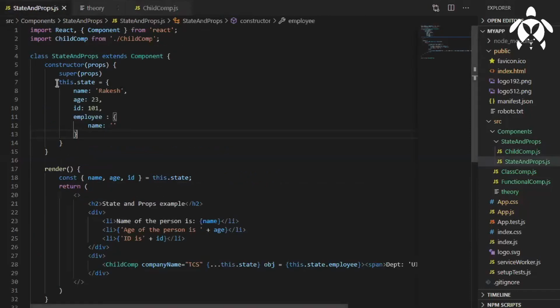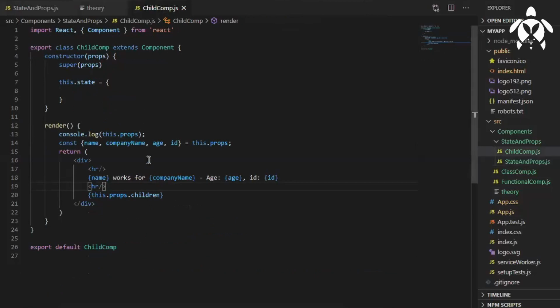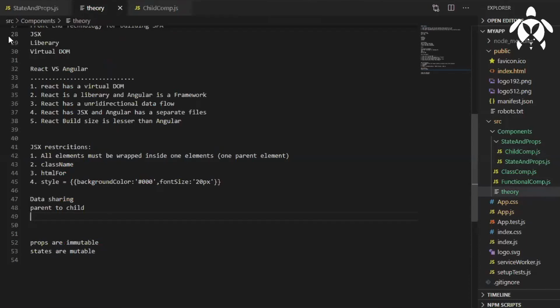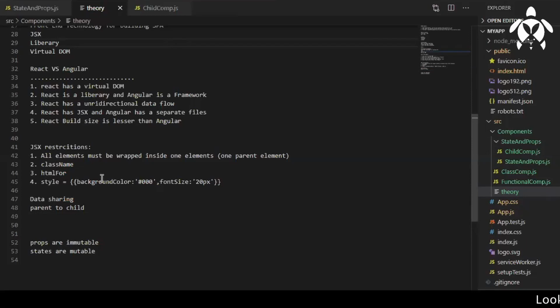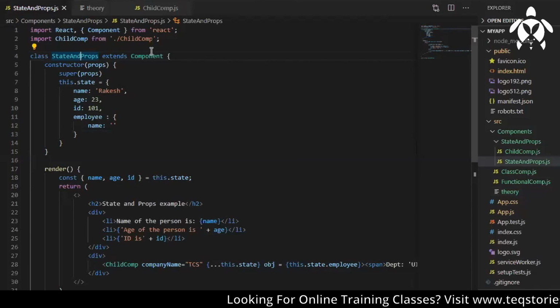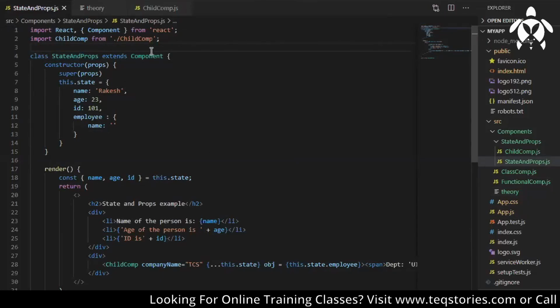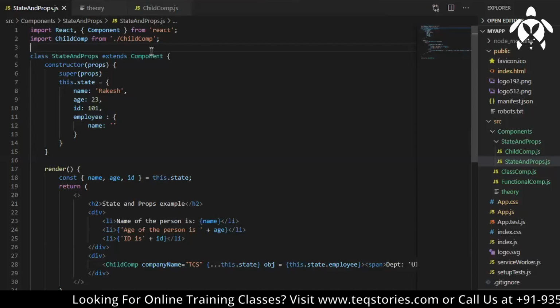As we know, data flows only in one direction in React, so can we change this data, name, company name, age, ID, from the child component? Is it possible? No, right? As data flows only in one direction, you cannot change the data from the child component. That is why I said props are immutable, states are mutable. We can change the states in the parent component, but you cannot change the props.